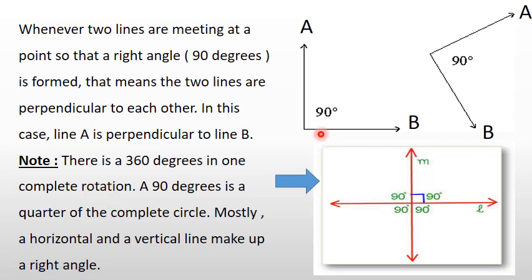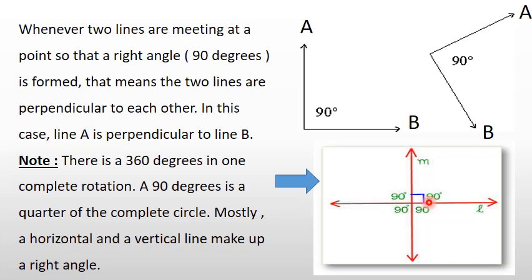This means, for example, I have this point. If I start from this, if I move the entire circle, that would make 360 degrees, as you can see here. If I start from this line and I complete one complete circle, that means it's 360 degrees. Degrees is basically the unit of angle, which tells us that we're talking about angle.